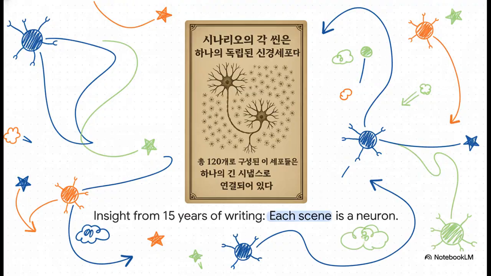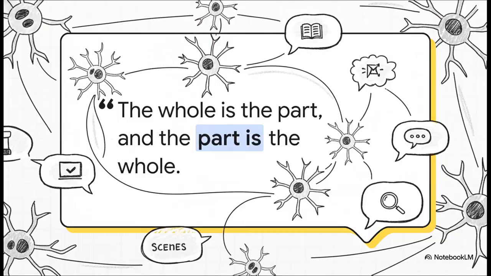Okay, here's the big idea, and it comes from over 15 years of writing experience. I want you to think of every single scene in your screenplay not as just a block of text, but as a neuron. Yeah, a neuron, an independent, living cell, just buzzing with energy, ready to fire and connect. And it all boils down to this one idea, something that's been tested over more than 960 scenes. It means each scene, each tiny part, has to contain the DNA of the entire story. And the story itself, the whole thing, is really just the incredible network that all those individual parts create. This, right here, is how a story actually works.